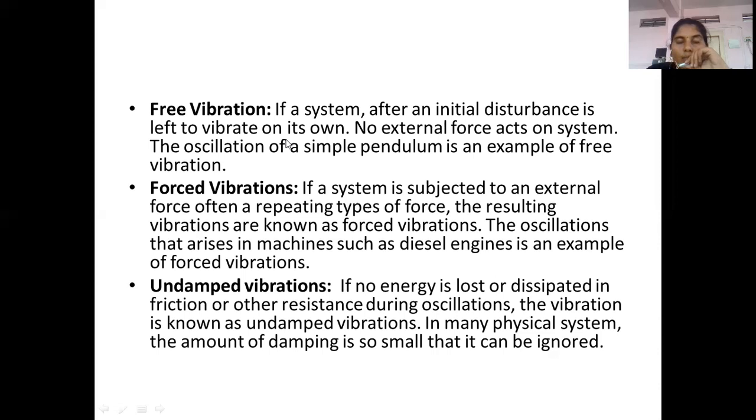Look, there is a system, and we just apply a force, but for further time it will be getting disturbed, and that is nothing but a free vibration. Means there is just some force applied at the initial stage only, and after that it keeps vibrating for 5 or 6 minutes. Likewise, after the initial disturbance, if the system is left to vibrate on its own, then such a system is known as free vibration. There is no external force applied continuously on that system. So when such a system vibrates, such vibrations are known as free vibrations.